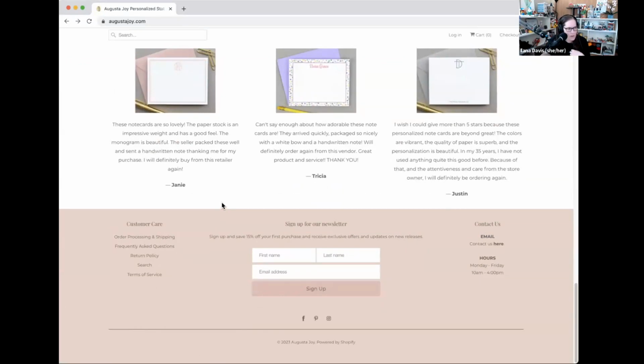Again, super small font, and the contrast makes it hard for me to read. I want to see all the shop categories always in the footer, just because, especially if I'm on a phone and I've made it all the way to the bottom, I don't want to swipe myself back to the top to start shopping. So we usually list all of the shop categories, then all the customer care stuff, and then maybe you'll have a section for about your business or something like that.